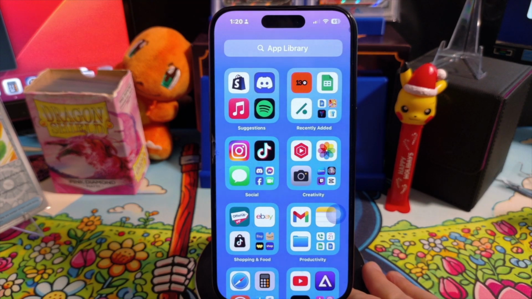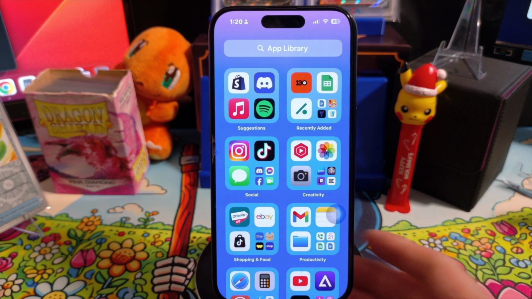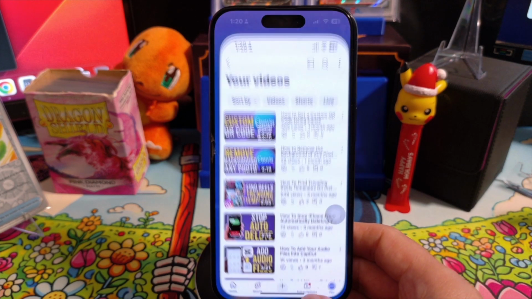Today I'm going to show you how you can post one of your YouTube videos to your Instagram. This is going to help both grow your views on YouTube, as well as help grow your Instagram account. So first thing that we want to do is open up the YouTube app, and then you want